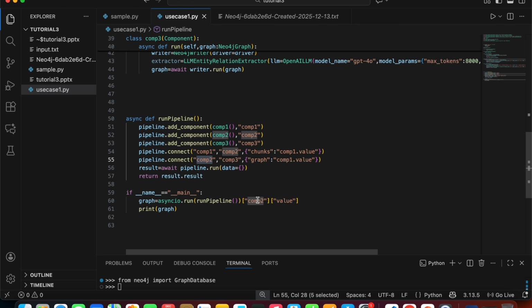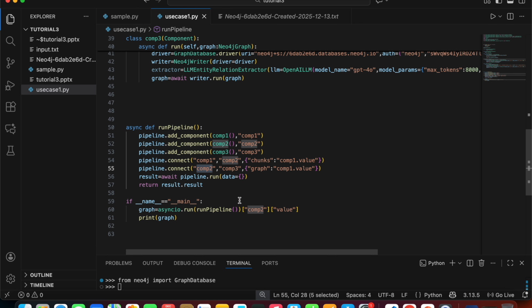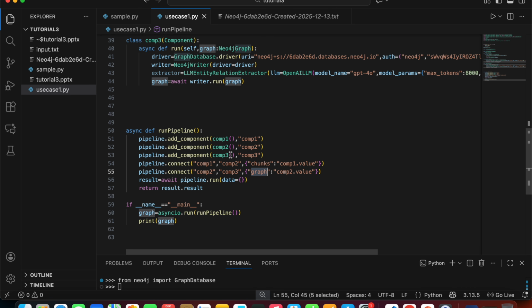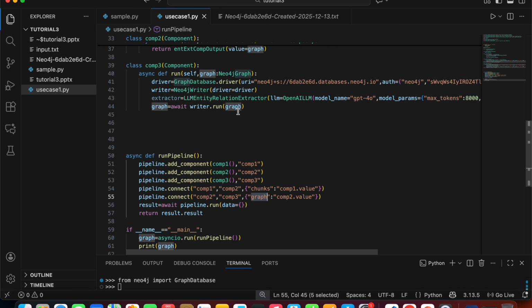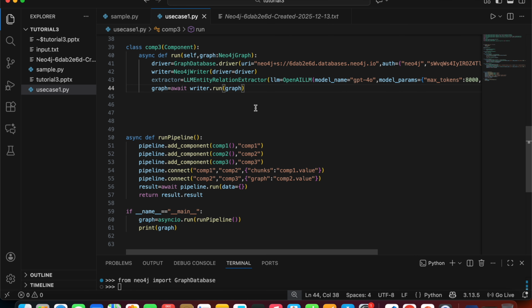Basically run pipeline. So run pipeline means what is actually going to happen. Let me tell you something here. Run pipeline means first it will run this, then it will get the value of com2. So com2 dot value will get passed into this graph, and it is going to write it back here. And once this is done, we can simply